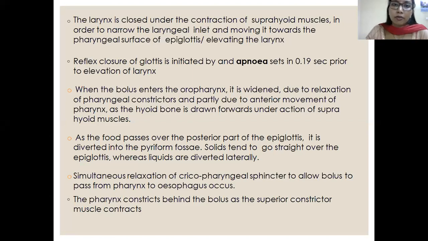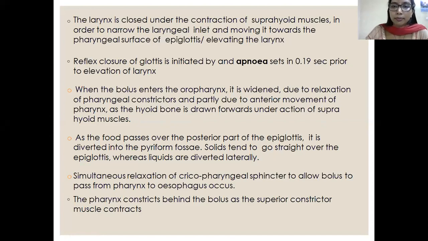The reflex closure of the glottis is initiated and it causes an apnea of around 0.19 seconds prior to the elevation of the larynx. For food to enter, the pharynx needs to be widened, just like how a snake takes in its prey. As the food goes in, the snake's body tends to widen in that particular place. This widening of the pharynx happens due to the relaxation of pharyngeal constrictors and partially due to the anterior